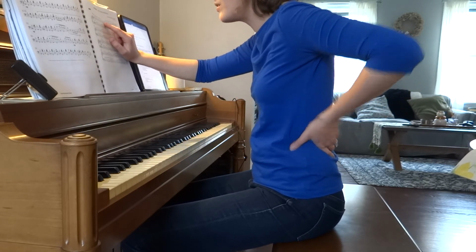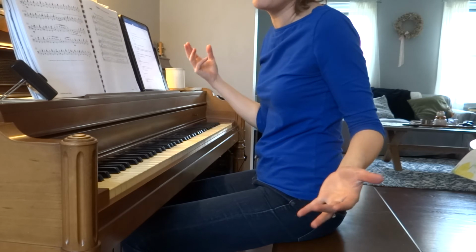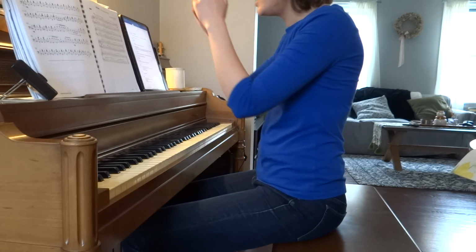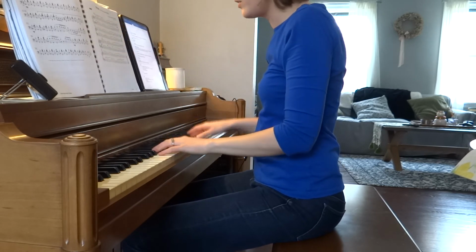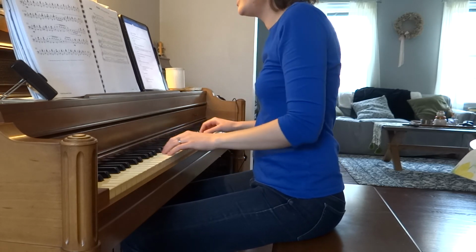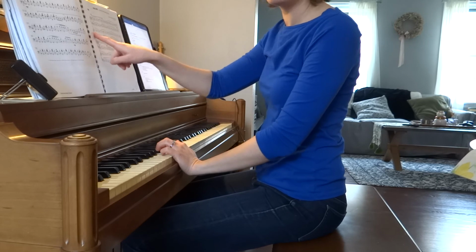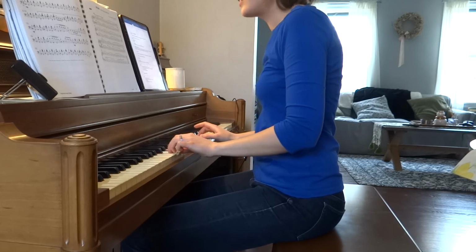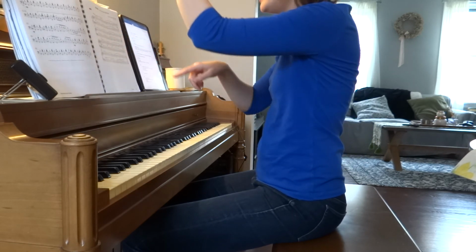Then the next note is a C, step down, back up to E. You want to use that top E as a landmark. It's the top space in the treble clef and the 3rd space in the bass clef. So C, B, E, E, B, C, E, E. So that next phrase, starting at the end of measure 2, the C to the B is C, B, E, E, B, C, E, E. Going on, these next 2 little phrases are identical to the beginning. E, skip, step, down. E, skip, step, down. Then this last phrase, C, B, E,